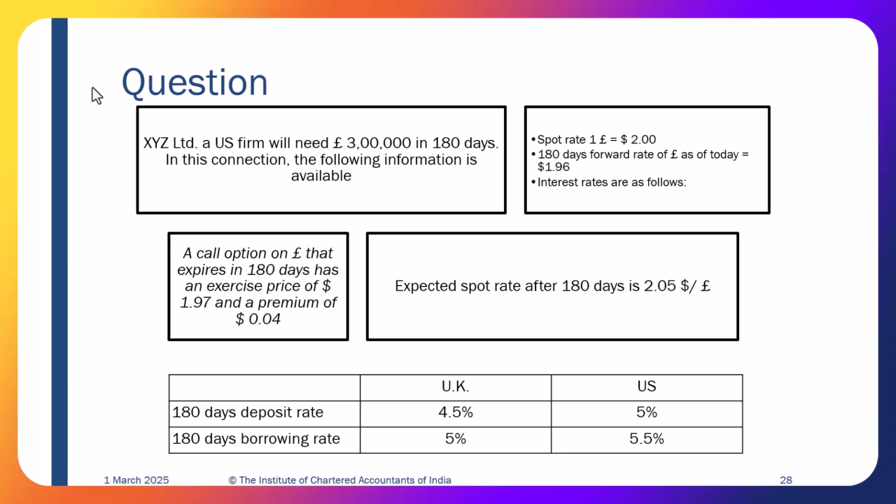The spot rate of 1 pound is $2. The rate today is around 1.2 or something, but this is a